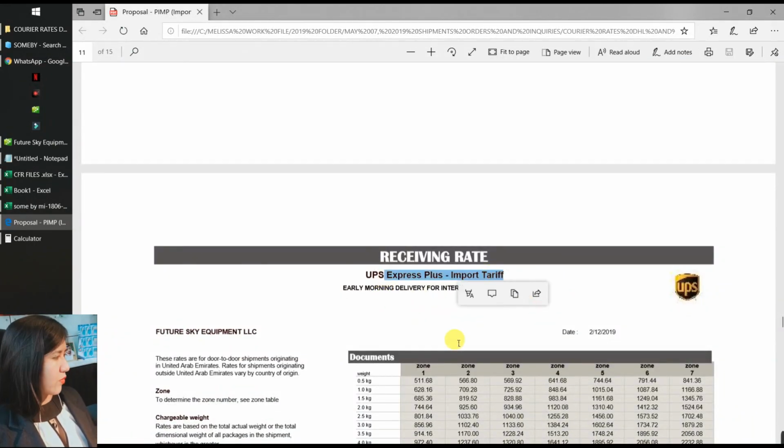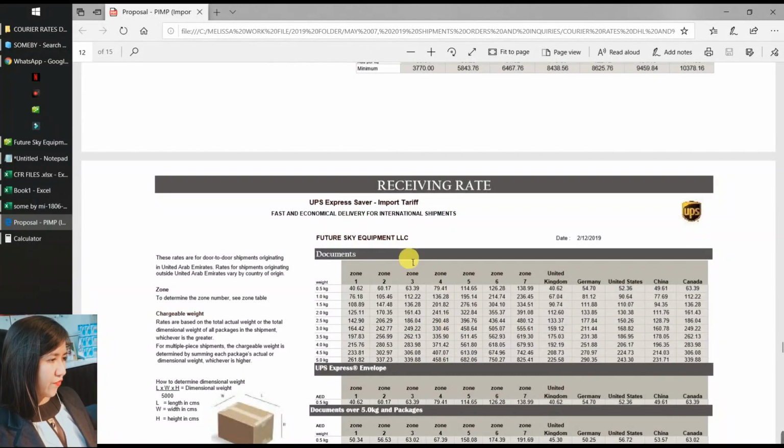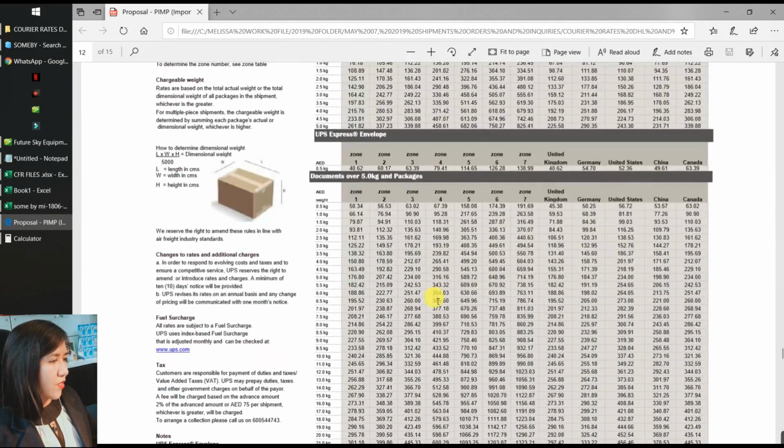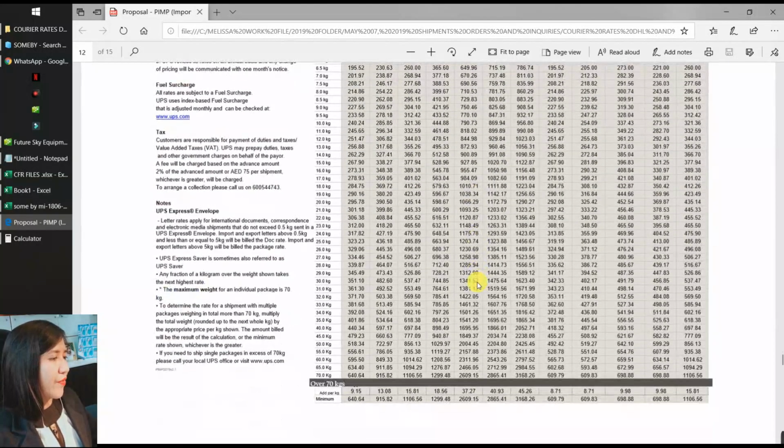Express Plus, it's like 1 to 2 days you will have the item. So it's gonna be fast, but it's gonna be expensive. What we need is the UPS Express Saver. Now we are here in the UPS Express Saver import tariff, and if we will be checking, this is